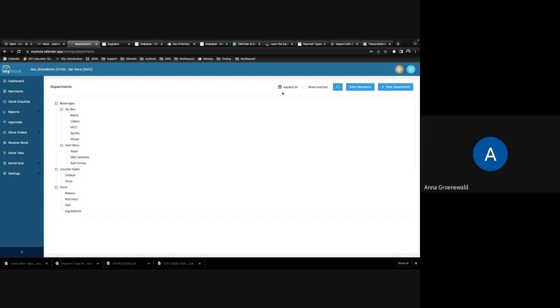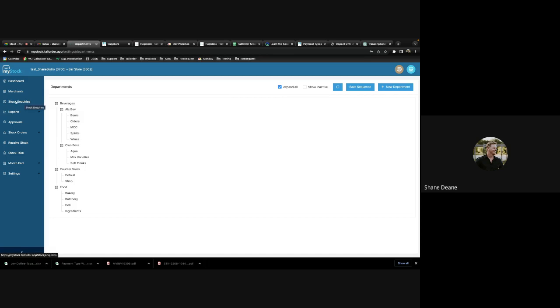Shane, just in terms of departments, does it have the same use as it used to have for reporting purposes? What do you mean? What is the use of departments? Is it only for reporting, so that you can see your different departments and what you have in stock in those departments and what you've sold? Yes, so it's for reporting, but it's also